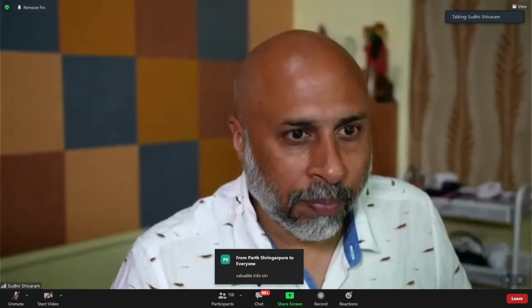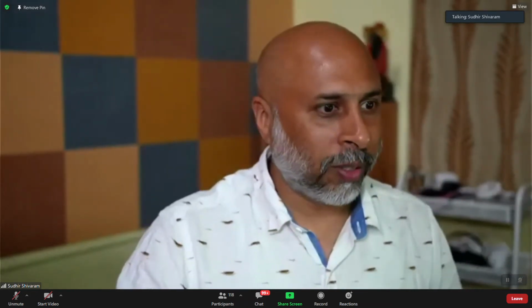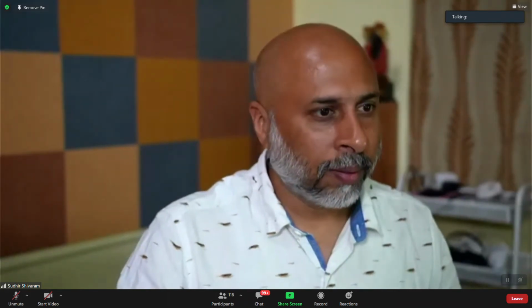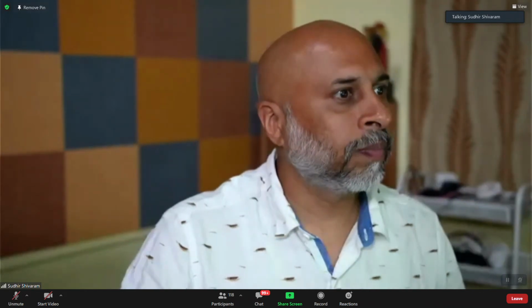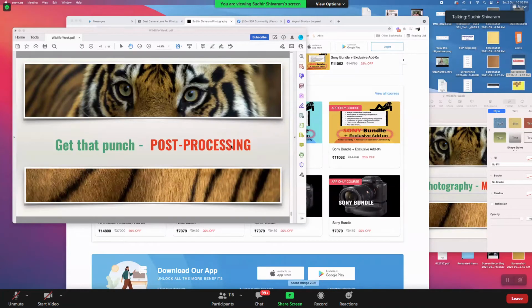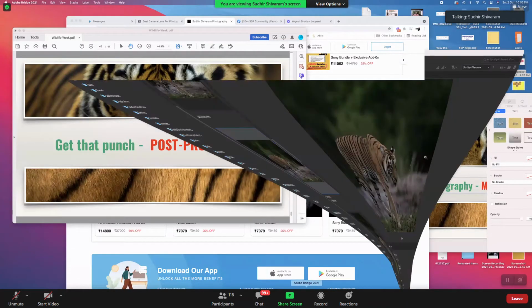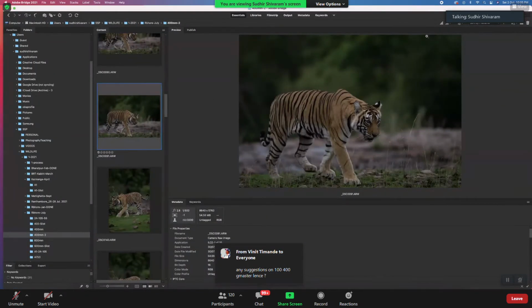How much can we play to get sharpness? So all those things about post-processing, how I use it, what I do, let me show it to you. So for that, I may have to end up sharing the entire screen, so that's okay. Okay, so let me just minimize all these things. Cool. So let me just take this example to let you know what the steps are that I follow for my post-processing. Okay. Now, this is Adobe Camera Raw, cancel.